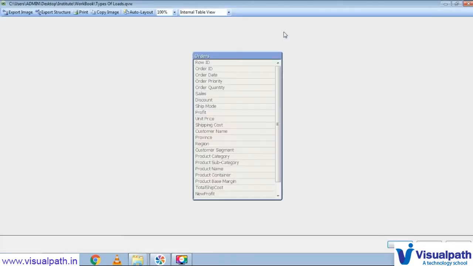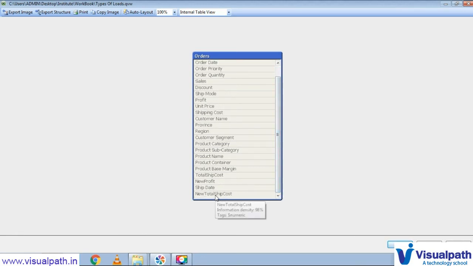If we go to the table viewer, we'll see all the fields with our shipping cost and our new total ship cost. Total ship cost into 100 will be the new total ship cost. How do you say whether it is correct or not?